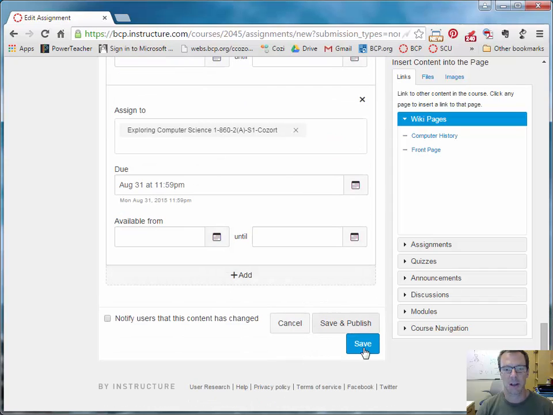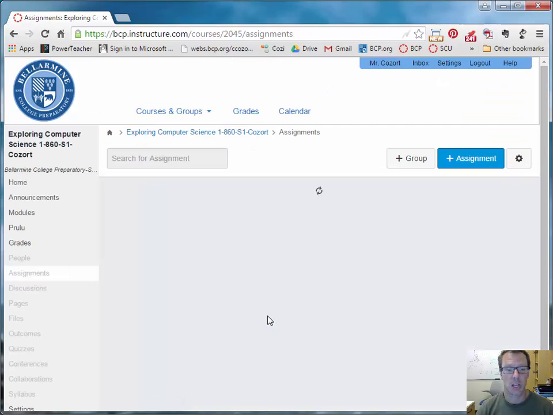Once I get down here, I've got some nice convenient buttons by way of save and publish. That allows you to just immediately publish rather than having to go back and manually do it later. If you just click save, it will not publish by default, and then finally you can notify your users there. Since this is a test assignment, I'm not going to save it, but I do want to go to part 2 here,